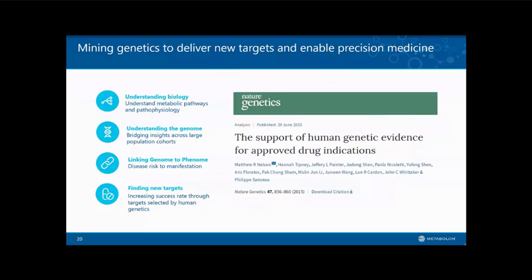The pursuit of new targets is very aggressively being looked at through human genetics. Really, since this landmark paper on the right of this slide was published, as well as some additional follow-on work, there's a recognition that targets that have strong genetic evidence have a higher probability of success. So you can imagine, if you look at the popular press today or read science articles, you'll see that large cohorts are being sequenced around the planet right now to understand human health and disease. But from a pharma perspective, it's to find relevant druggable targets.